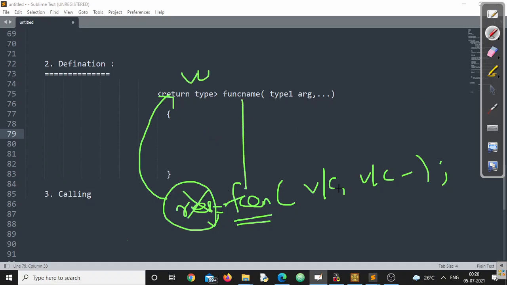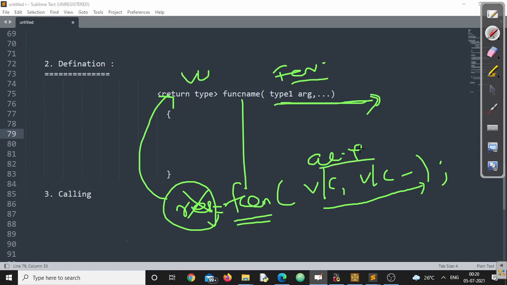The function name is saved. Now, the number and order of arguments, I repeat, the number and order of arguments should be equal to the number and order of arguments here, or values here, right? These are called actual parameters, and we have already said this is called the formal parameter. Now, the actual parameters and formal parameters should be the same in order and number. Make sure you understand this point.